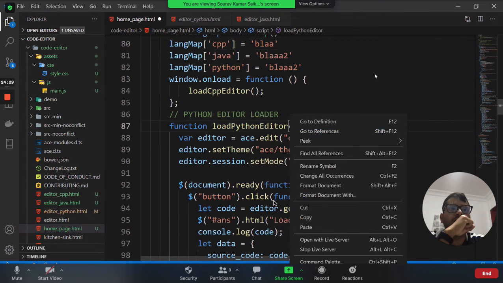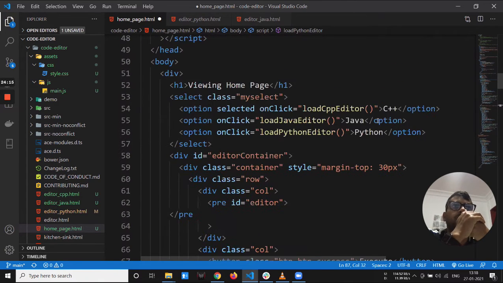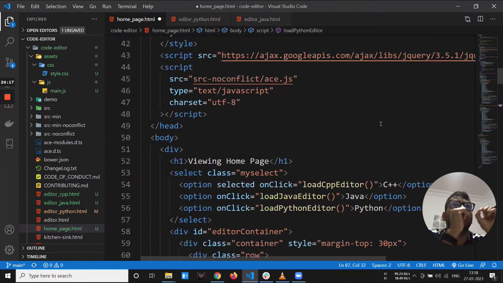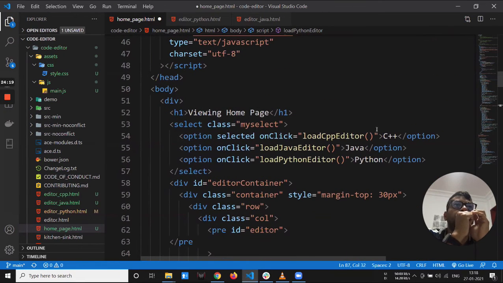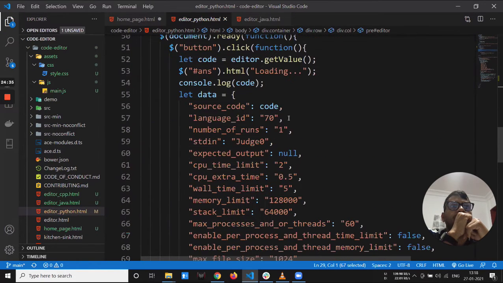Okay. But then why is it not setting it? Why, when you click Python, do you send 53, not 70? Wrong language ID. Maybe the code is wrong here. Let's see the language code in load Python editor, load Java editor and load CPP editor. In the Python editor, the code is 70.